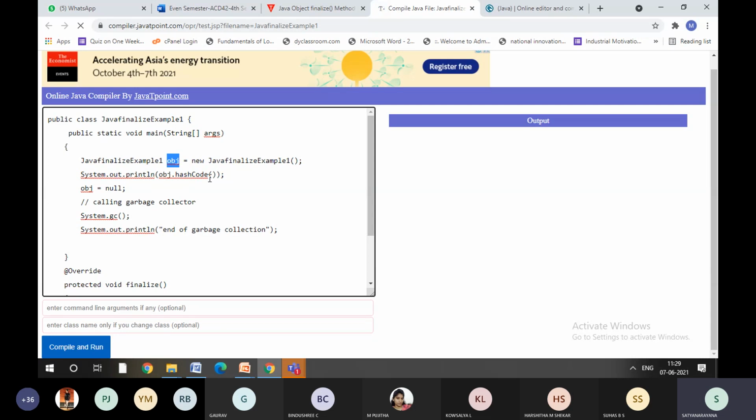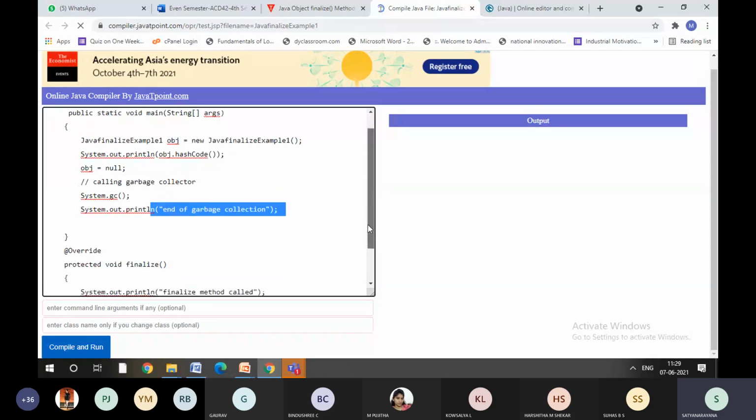All those things you will study in your computer organization. I don't want to give any explanation here, it will take 1 hour. So we are printing some hash code. Then I'm assigning the object value to null. The moment it completes, the compiler will understand that the program is completed. It will call the GC function, that is the garbage collector. Just for our reference, we are writing this print statement.